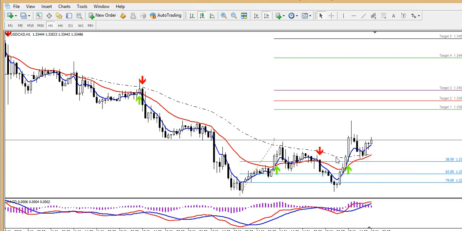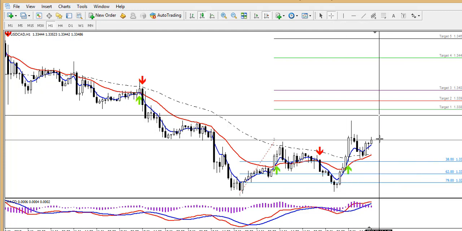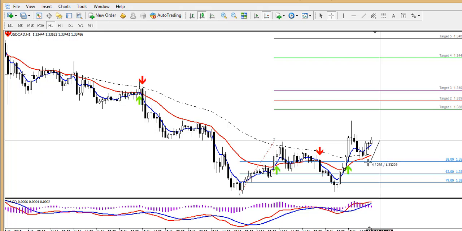Okay, price is above the 55 EMA, and this arrow here tells me that the trend is going up. So you have confidence to actually go long on this trade. Okay, and of course your stop loss will be below this point. Okay, in other words, at the 38% fib level. So if I were to get into this trade here,